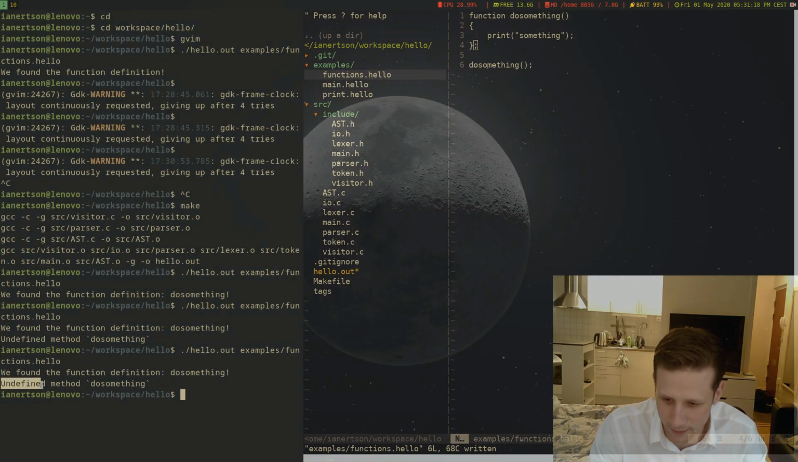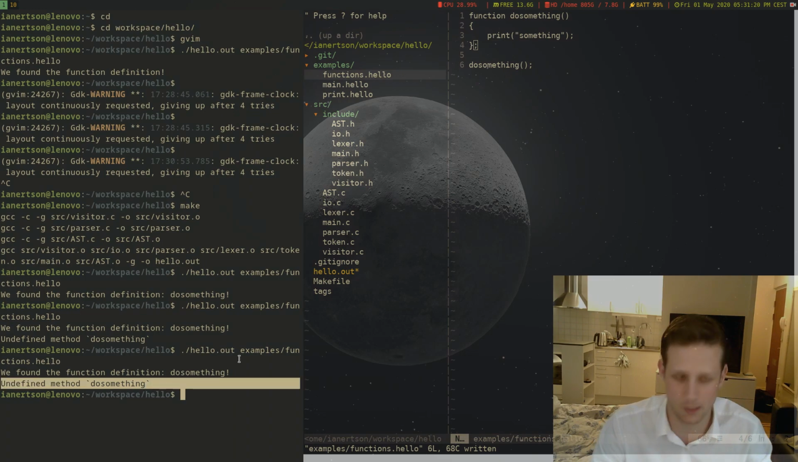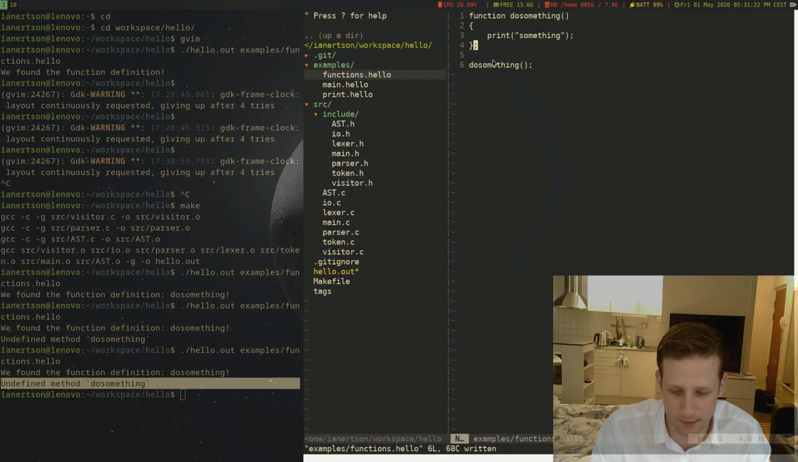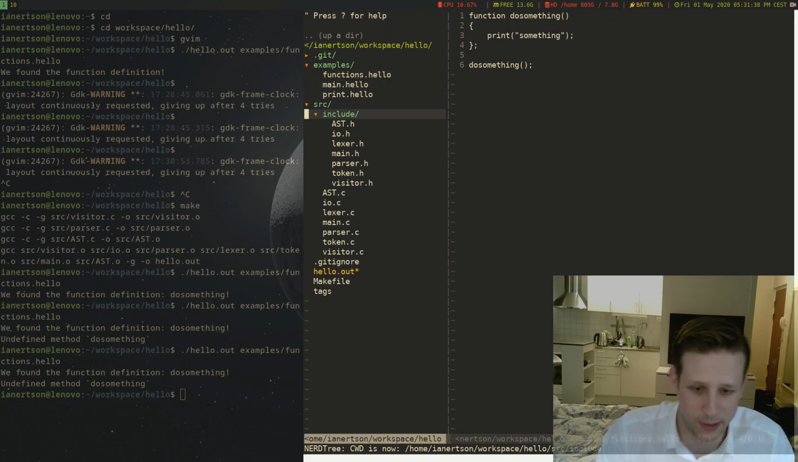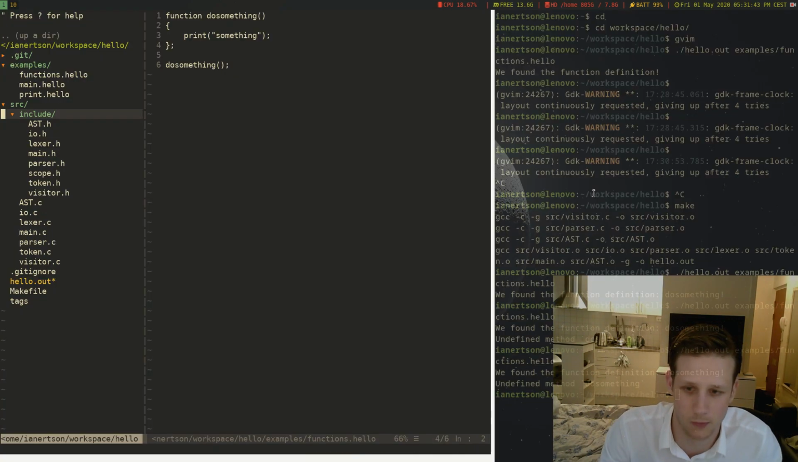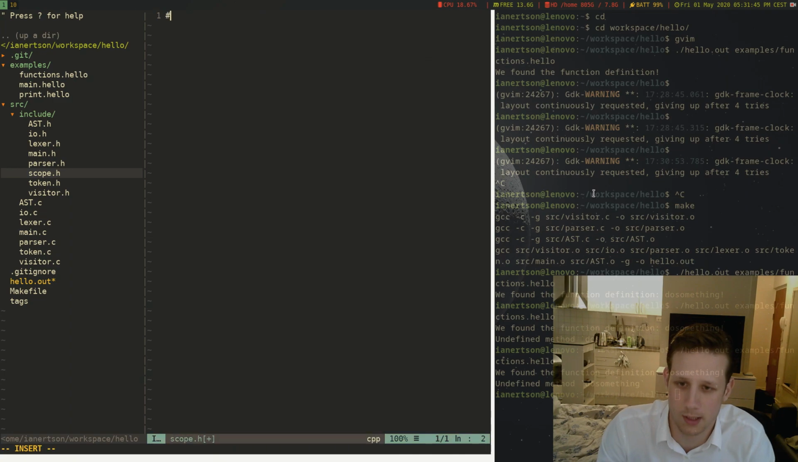And it says undefined method do something. So it's successfully parsed the definition, and then we encountered the function call, but the function call doesn't know where this function is, because now we actually are going to get into storing this function somewhere. And remember, I told you we were going to store this one, for example, in the global scope. So what we can do here is create a struct. Let's just call it scope.h. And do if not defined scope h, define scope h, and